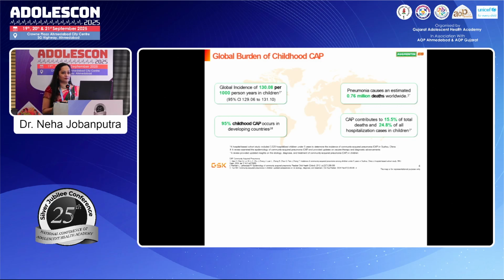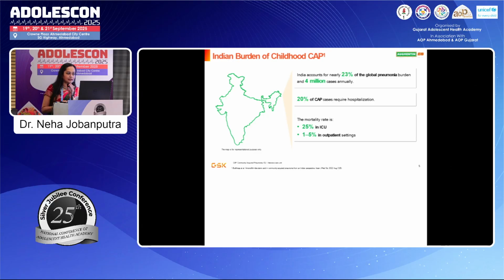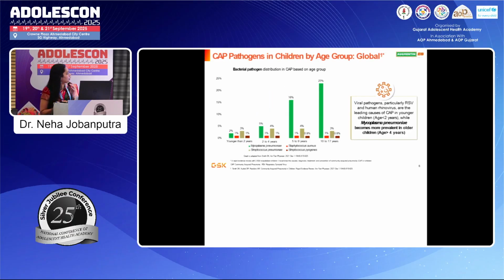Frankly speaking, the proportion of community-acquired pneumonias can vary from viral to bacterial. But it's very difficult for us to, at the onset, decide whether this is going to be a viral or a bacterial and what we are dealing with. So even in the under 5 age group, the viral pneumonias are more common, but frankly speaking, it is very difficult for us to know whether it's a mycoplasma pneumonia or an RSV, and we really don't have the time in the routine busy OPD to discuss and decide whether we are looking for a viral or bacterial.